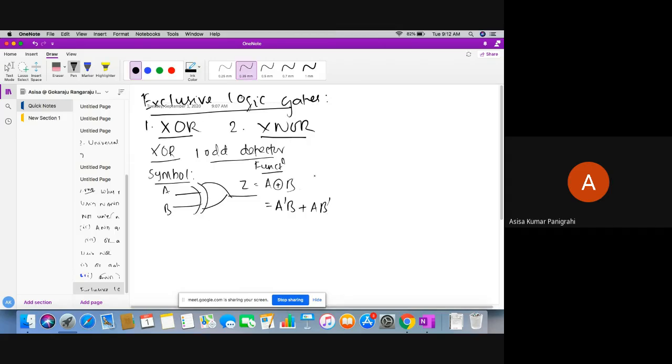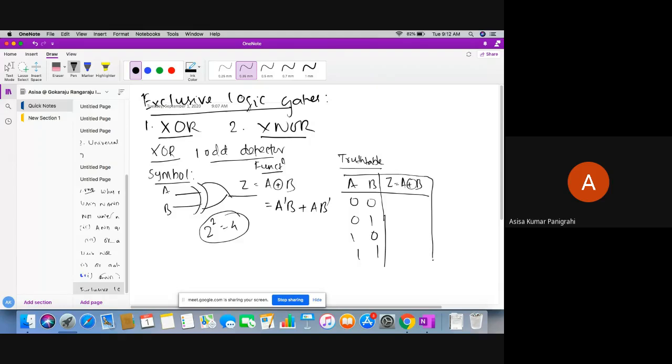Next, the truth table. What does a truth table describe to us? The truth table tells us the relationship between input and output. The inputs are A and B, the output is Z, A XOR B. This is a two input XOR, so 2 squared, 4 combinations are possible: 0 0, 0 1, 1 0, and 1 1.